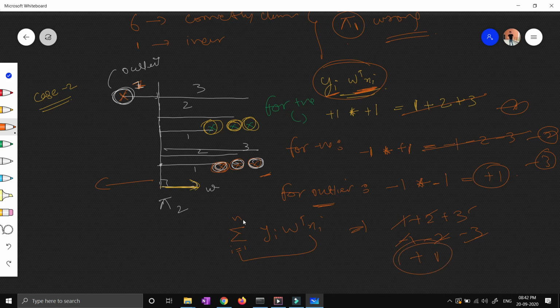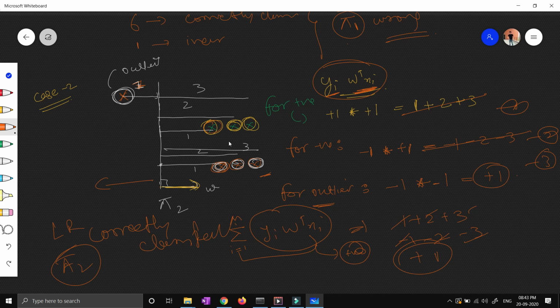So from the rule I have told you, if this particular value comes out to be positive, we will say that our logistic regression correctly classifies the points. But you can see over here that for this particular plane pi 2, I'm saying my logistic regression correctly classified. Please pause the video and see this: if we draw this line from this plane pi, just because of one outlier we are getting +1 over here, and we are saying that this particular logistic regression or plane pi is correctly classified.